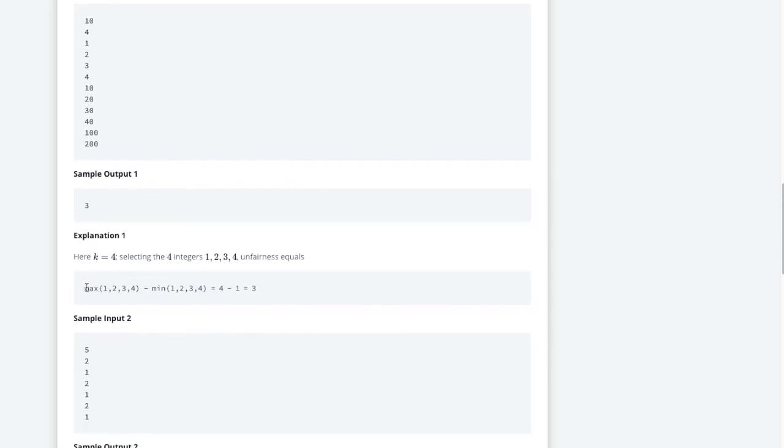They have taken the subarray as 1 2 3 4. So here the maximum from 1 2 3 4 is 4 and the minimum is 1. So 4 minus 1 is 3. So this is the subarray which is giving the correct answer, 3.